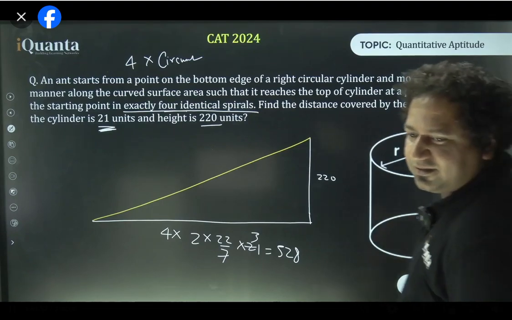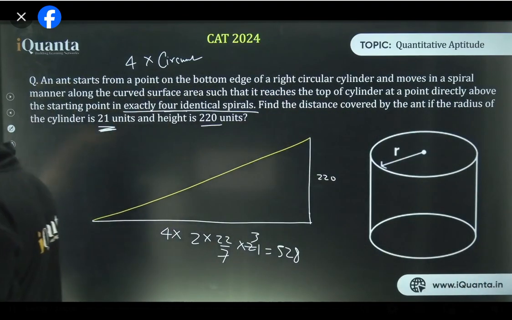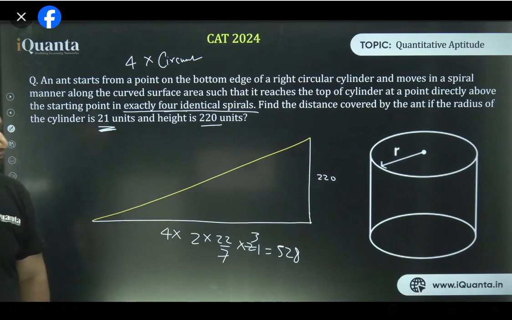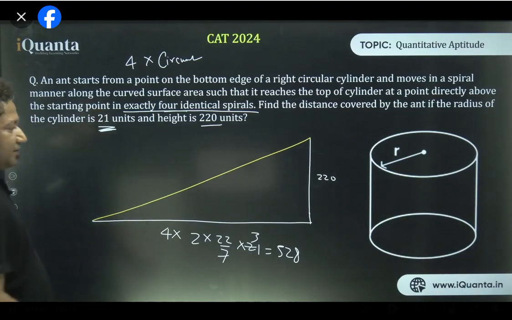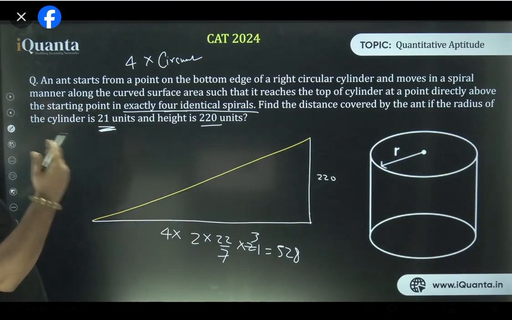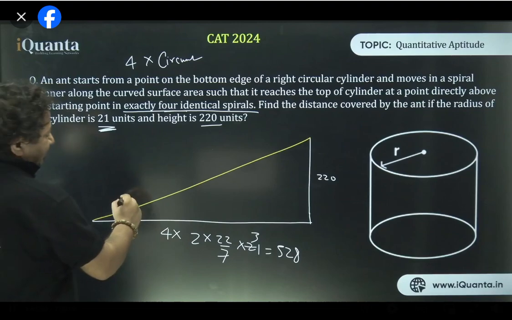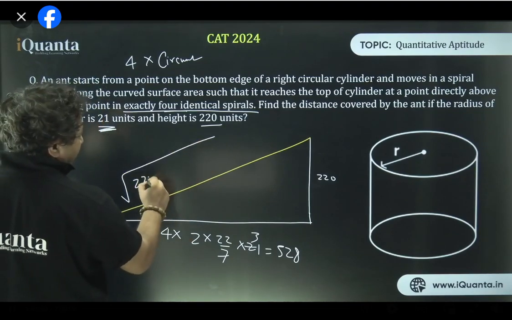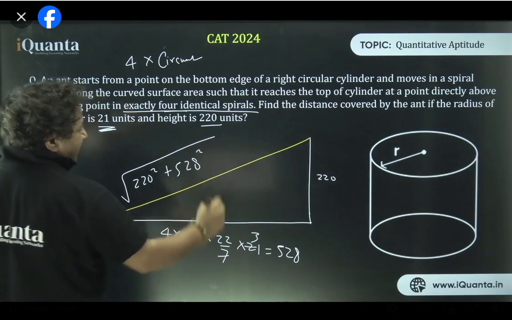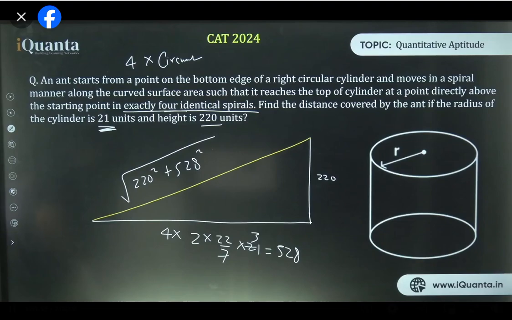Yes, cos theta, and keeping the same thing in mind I made the question. But of course, we cannot do extreme physics. This is how CAT works actually: inspiration from something that is complex and made easy. So now we can calculate by using Pythagoras theorem. So we have the square root of 220 square plus 528 square. What do you get as the answer?